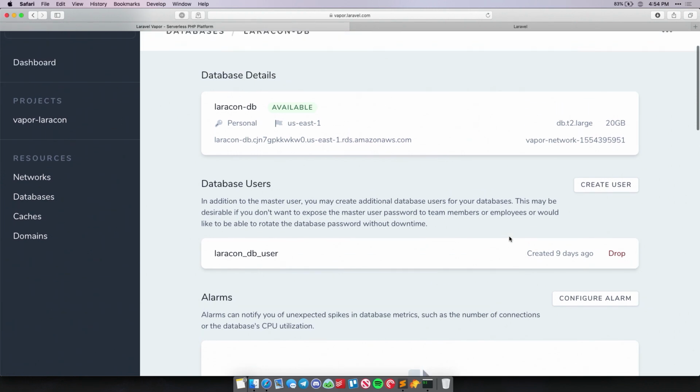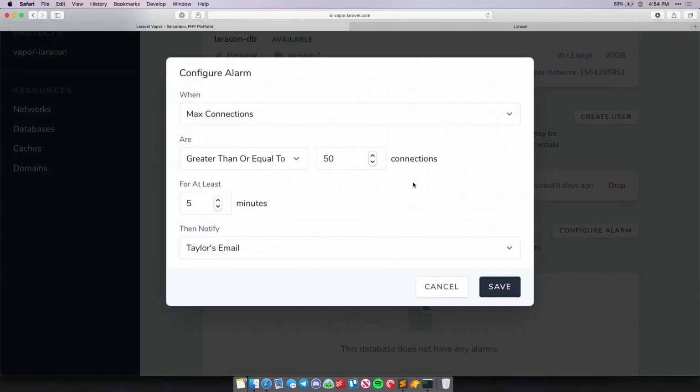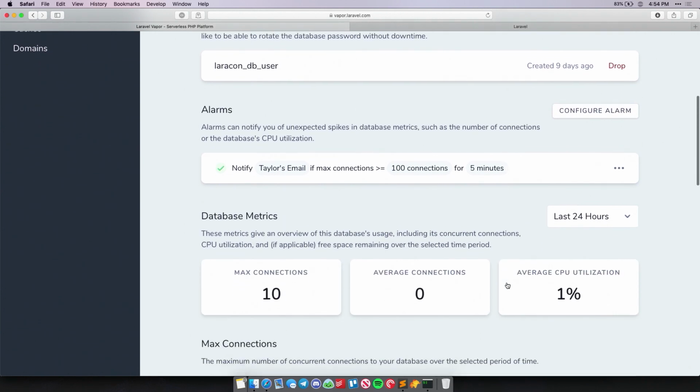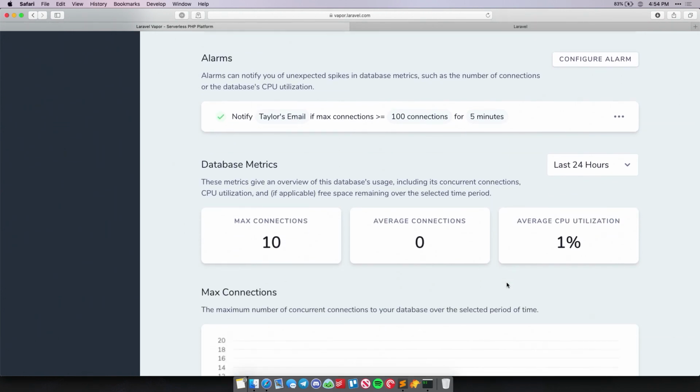I can also set up alarms for these metrics, just like on the environment. So I can tell Vapor, if my max connections are more than, say, 100 connections for 5 minutes straight, email me about that. I can set up alarms on CPU utilization or whatever else I want to monitor. So it's really easy to manage that directly from Vapor.